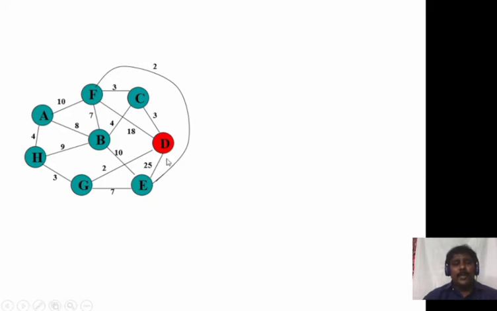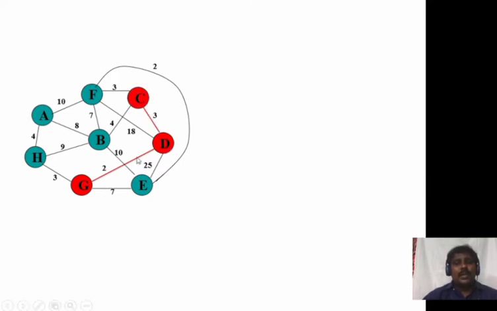So here I have started from D. See, first from D, I have seen the adjacent sides. What are the least weights? I have to see the different least weights. Here I am having 3, but here I am having 2. So whether I have to consider the 3 weight or the 2 weight, which is the least one? Here the least one is 2. So I have to consider the least weight that is adjacent to D. So I will consider this 2, not this 3. Why? Because 3 is more than 2. So I have to consider only least weights. So the least weight is 2.